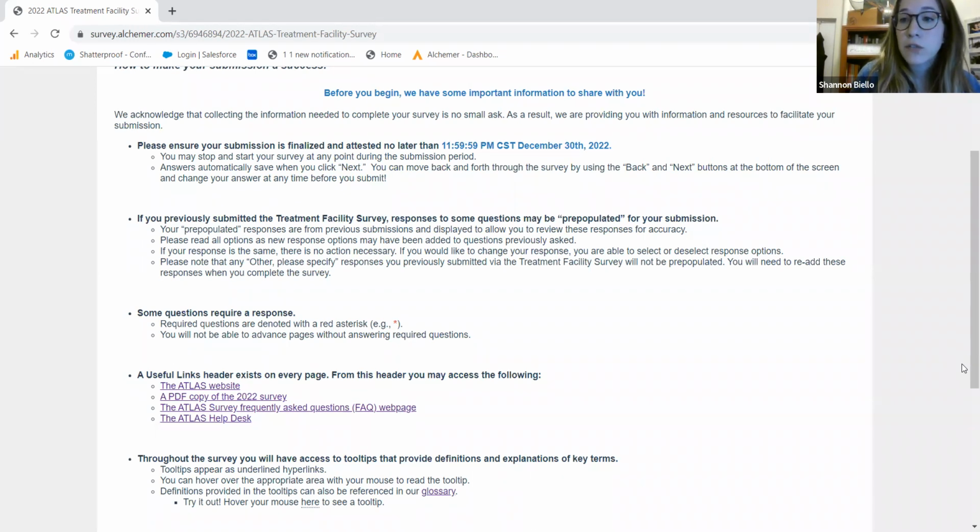I want to also quickly note that we have a streamlined submission process for our providers that oversee multiple sites of care. So what we do is we have those providers complete a source survey, and then that source survey functions as the source for all other sites of care. So once a provider completes their source survey, we take the responses that they submitted in that and transfer it down to all of their sites of care.